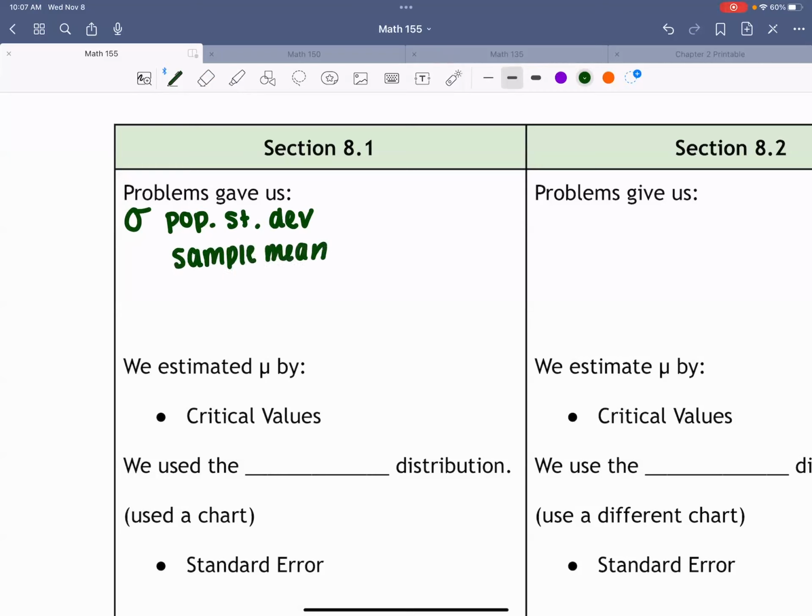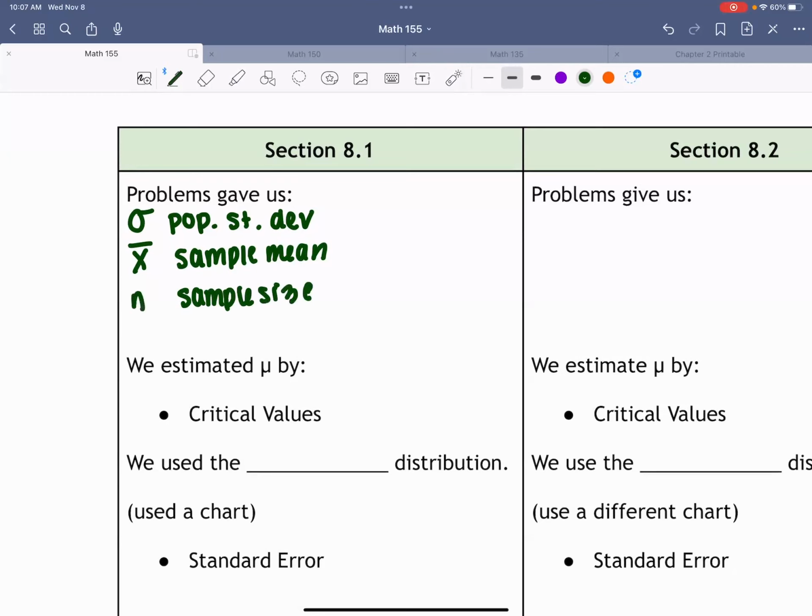X with a line over it, or X bar, right? Then we know the sample size, which is N, okay? And then we're also given a percentage, which is also called the confidence level. It just tells us how confident we want to be that our mean gets in that interval, right? Basically, questions will only give us these 4 pieces of information, and the overarching question in this section is for